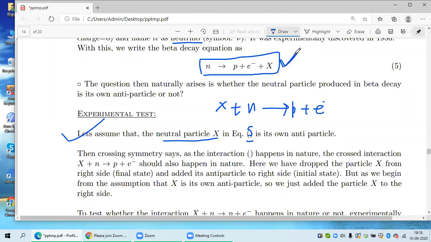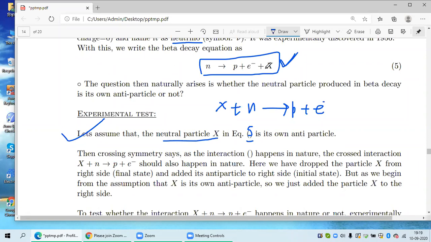If this reaction happens in nature, the lepton number or any other quantum number should be the same for the initial and final states. In other words, the quantum number should be conserved. That is how we assign quantum numbers to every particle. That is the definition of quantum numbers. We take this scheme of assignment of quantum numbers in such a way that the quantum numbers are individually conserved in all reactions that happen in nature. Is this statement clear? It was discussed earlier also.